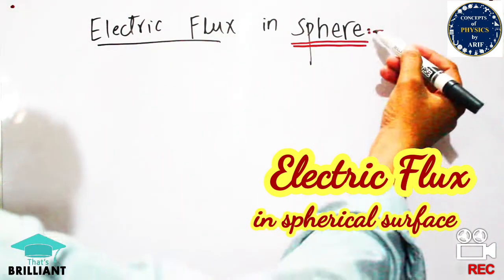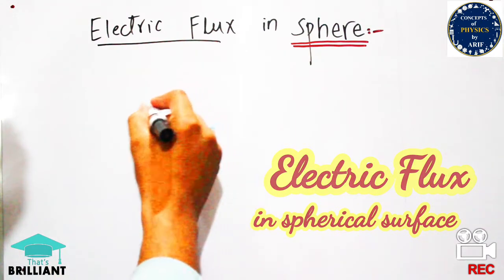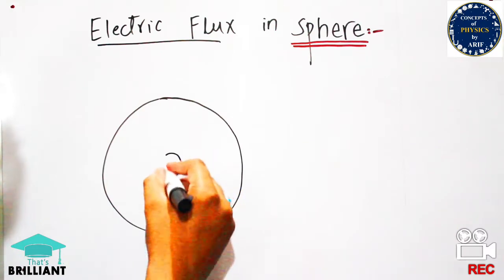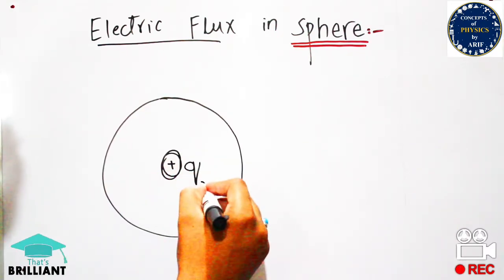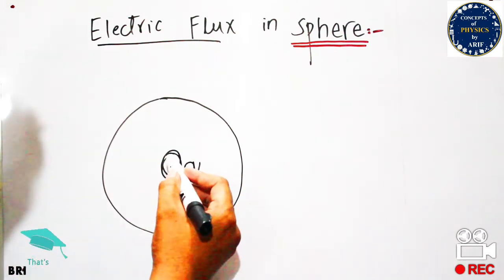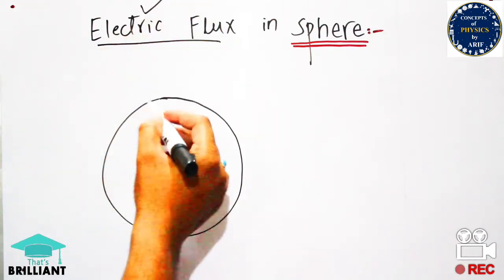In order to understand the electric flux in a spherical surface, we will draw a sphere. In this sphere we will place a charge in the center, because a charge throws electric field lines spherically, so we need to calculate the electric flux